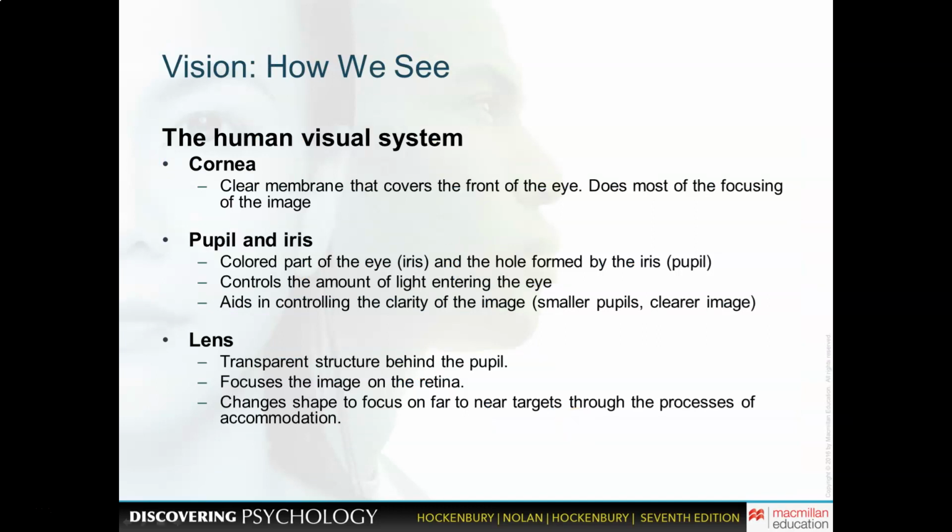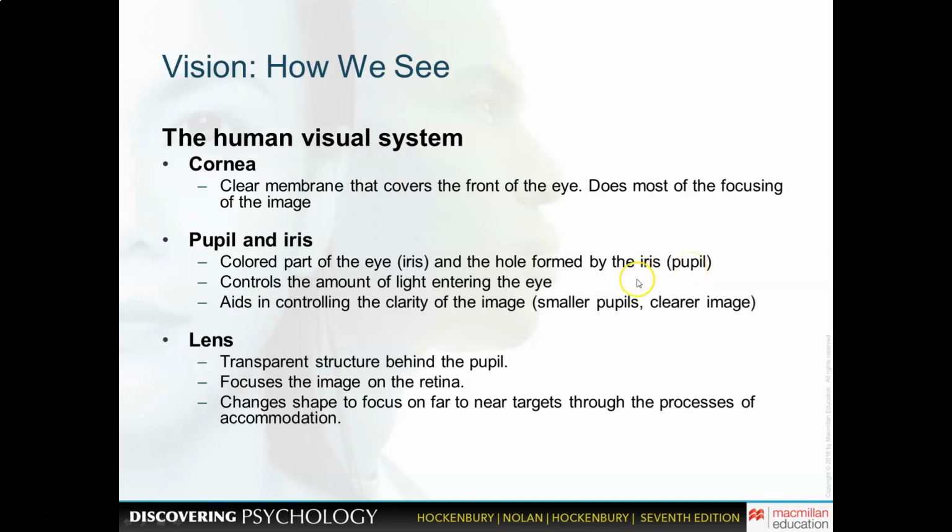Okay, so parts of the eye, how we see. In our human visual system, first of all, we have what's called the cornea. That's the clear membrane that covers the front of the eye. It does most of the focusing of the image. Then it reaches our pupil and iris. Remember, the iris is the colored part of the eye, and the hole formed by the iris, the dark part in the circle in the middle of our eye,